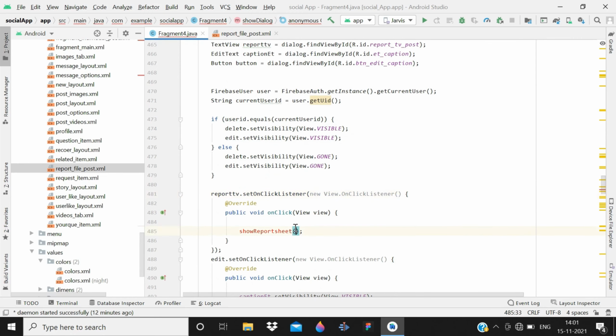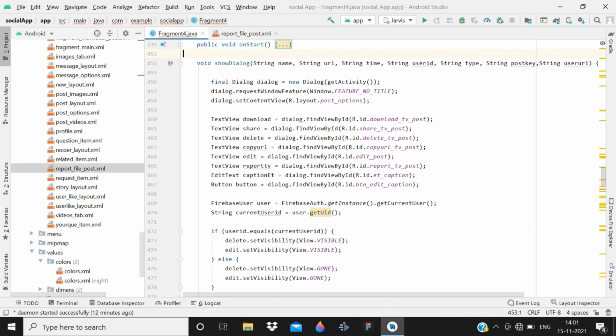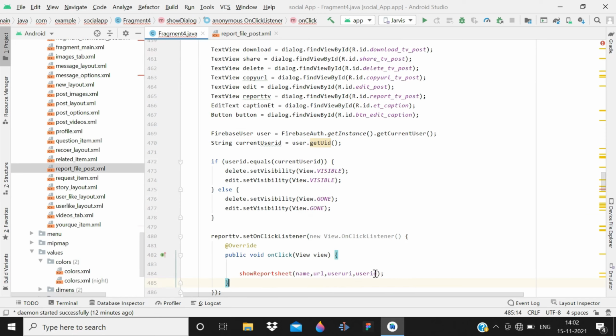Just open the parameters, I mean add the parameters, and the parameters are first of all name, then URL, user URI, user ID, string, time, type, post key, and then name, URL, user ID, user URI, type, post key, and description too, because